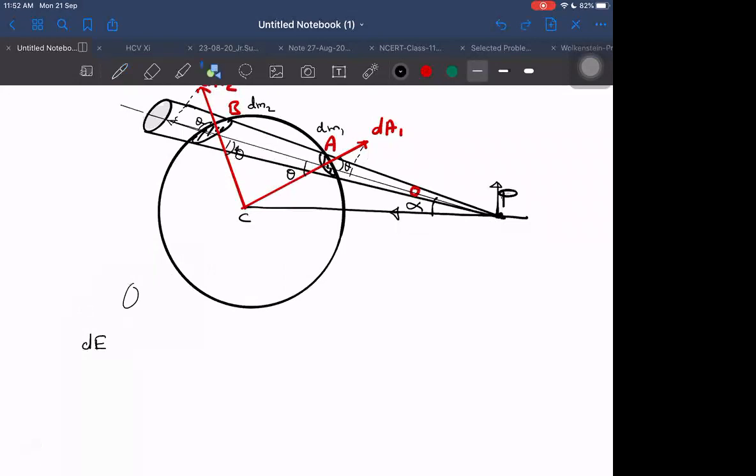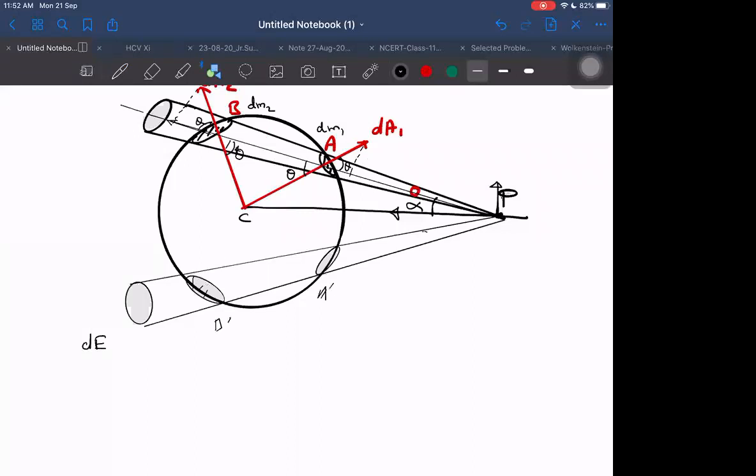Wait, let me draw the diagram slide. I don't want to draw the diagram actually. It will make the diagram look dirty, but I will just make it and I will remove it again. Imagine I can make a new cone here also symmetrically, exactly B dash, A dash, etc. And then I can say that this will also exert a field in this direction, same for alpha. You know that these components will cancel out. So finally the field will be remaining along towards the center only.